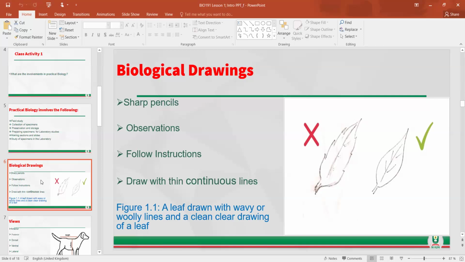To be able to achieve this, you need to come into the lab with sharpened pencils, not just one, more than one, so that if one breaks, you have a substitute immediately. Your power of observation has to be very sharp. Make clear-cut observations, follow instructions as given. Even when it comes to experimentations, instructions need to be followed systematically so that you won't make mistakes and get the correct results. Then you draw with a continuous thin line, not really as seen in the other diagrams.